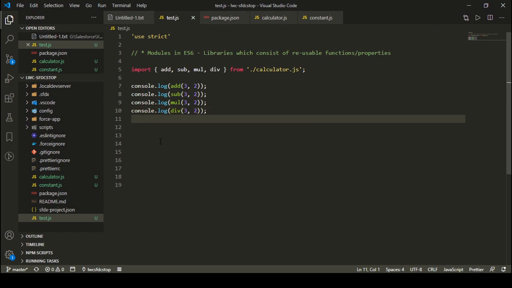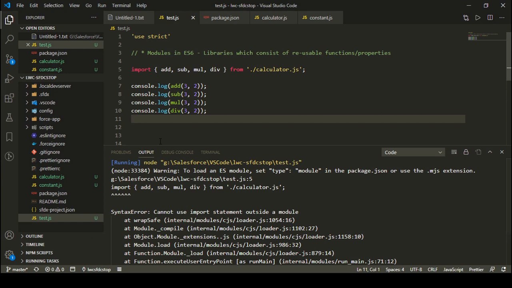So let us just clear the console and let's see what happens. Here you can see it is showing me a warning that if you want to import or load an ES module, you need to use type equal to module in your package.json.